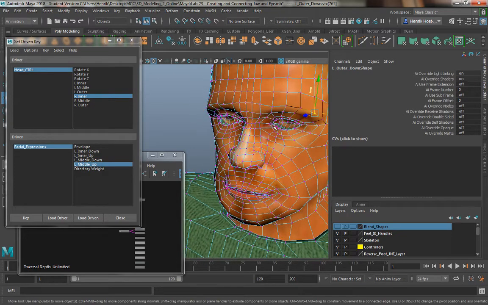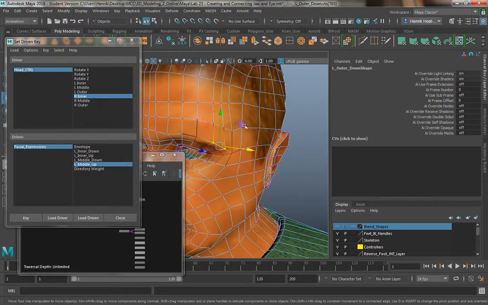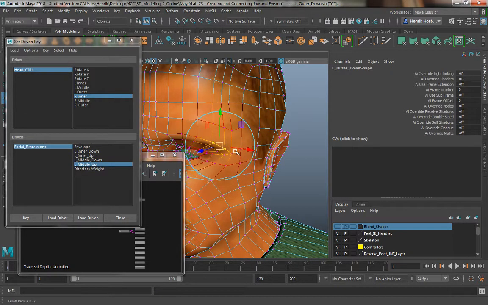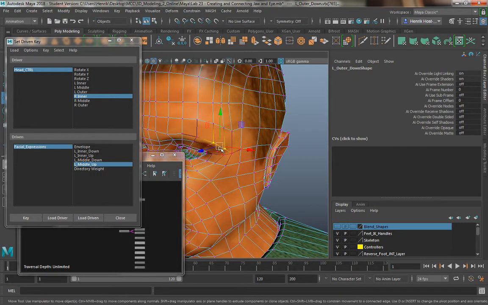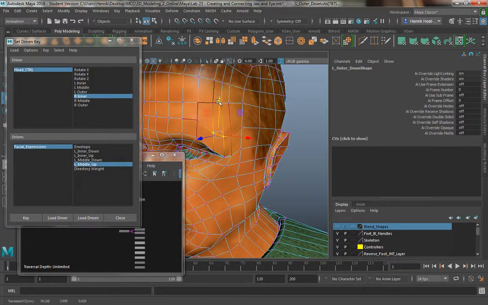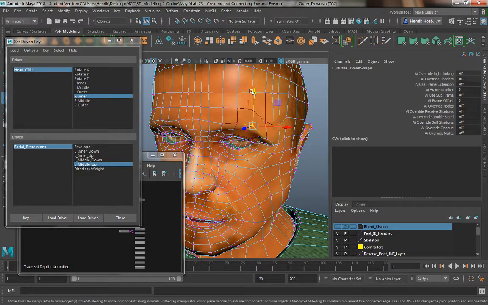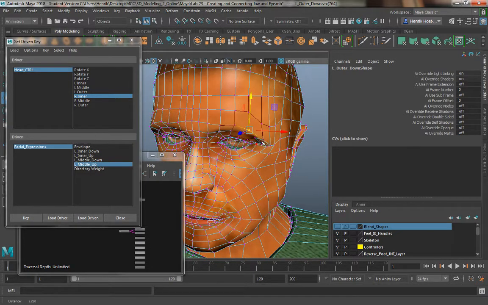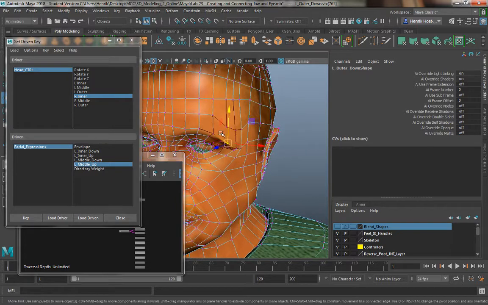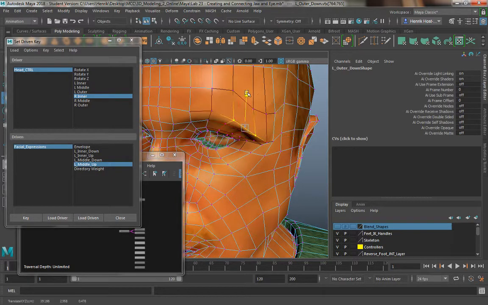You can't mirror these, you have to do these individually, because there are scripts for it, but you would have to find one and know how to import it, and this is just a safer way to do it. I've used them before and they're usually pretty wonky anyway, so they don't always work the best. So this will be L outer down